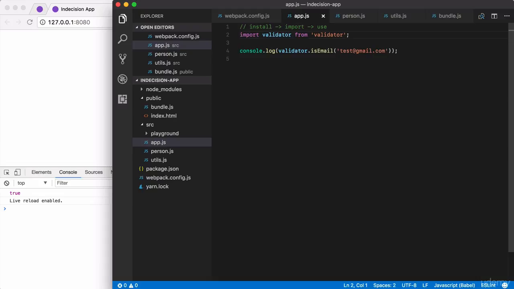We've just installed, imported, and used our very first npm module. And you can see the format is exactly the same as what we already learned. The only difference is that instead of specifying the path to the file we want to load in, we just provide the module name. Now, if we head over to the terminal for a moment, we can also look at